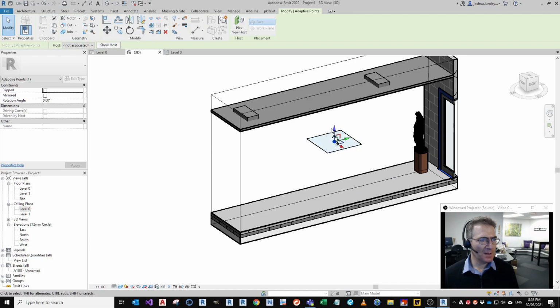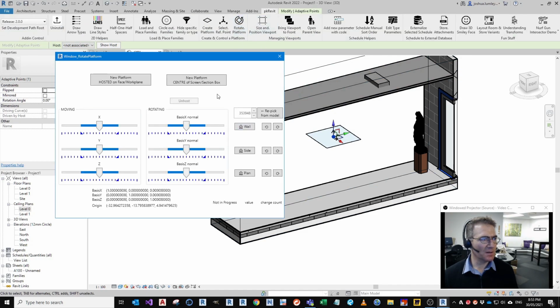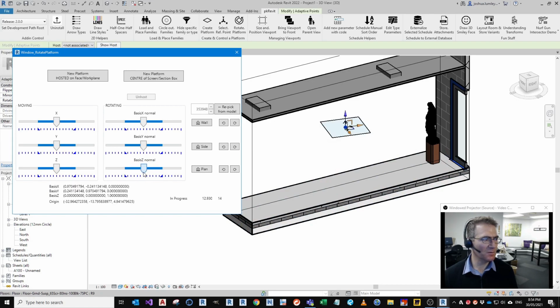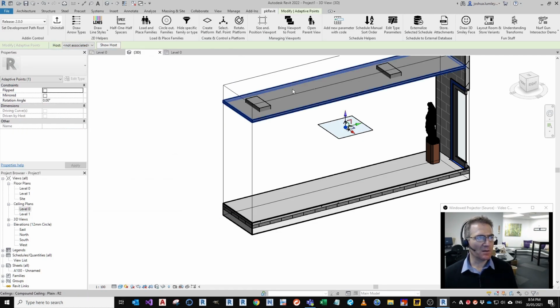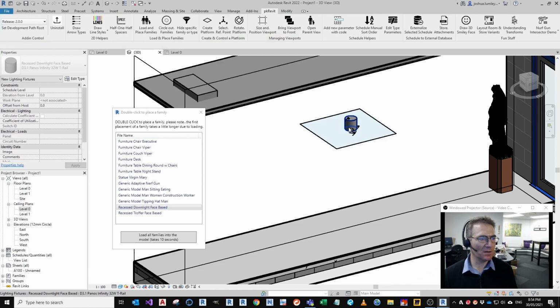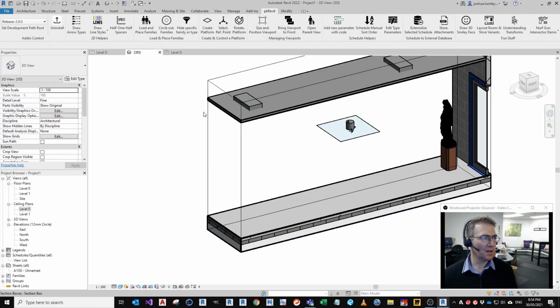Now that platform is just a surface that we can maneuver anywhere in XYZ. Also, we can rotate the thing using these sliders here. So watch the platform, and using the sliders we can move it around and around like that, or like this. Now this is very useful in the fine positioning of an object, and the object that we're going to position is going to be called a downlight, because we want to shine that downlight onto the Virgin Mary,